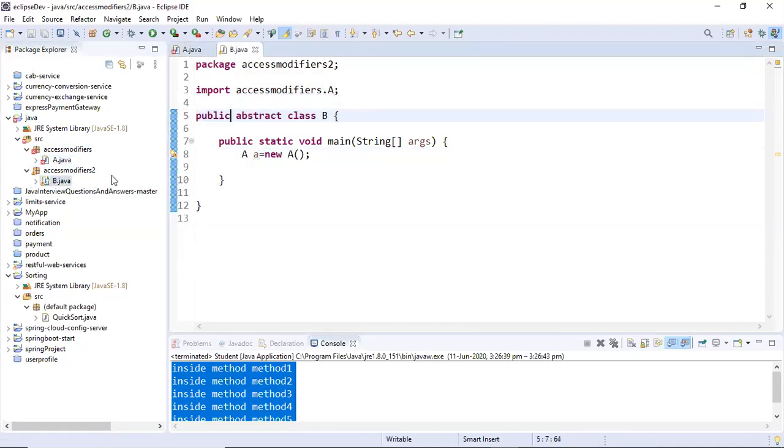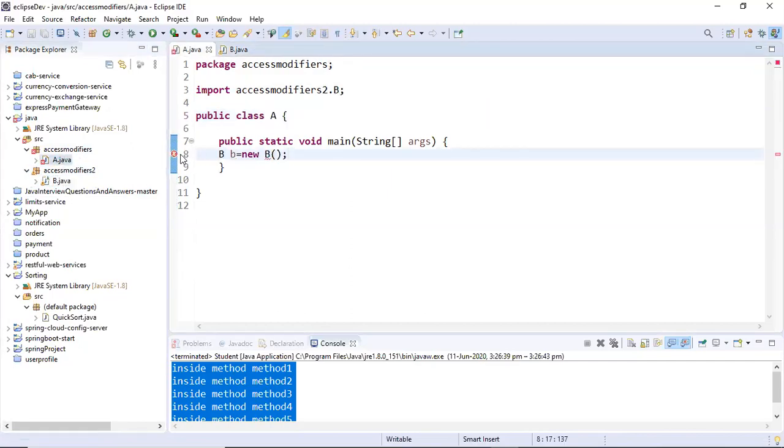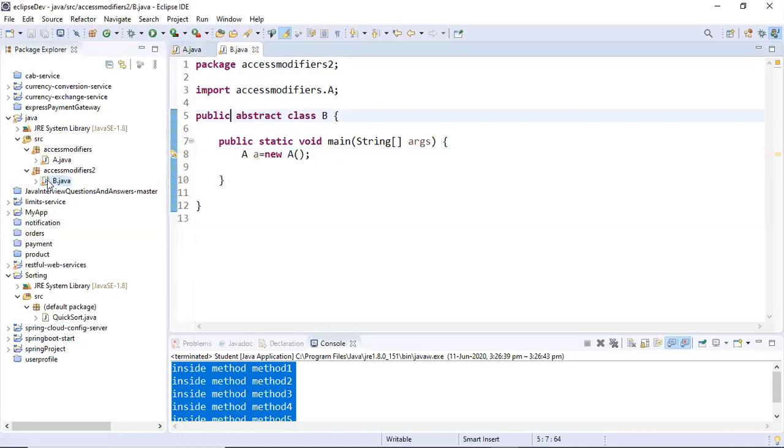Now let's see. Is there any error? Let's see what's the error. Cannot instantiate class B because that's an abstract class. So I can write something like this. Okay, reference type, but I cannot create the object of an abstract class. So I hope everything is crystal clear to you. If there is any doubt, you can write in the comment section. Here, as you can see, A means abstract. So let me change everything to normal.